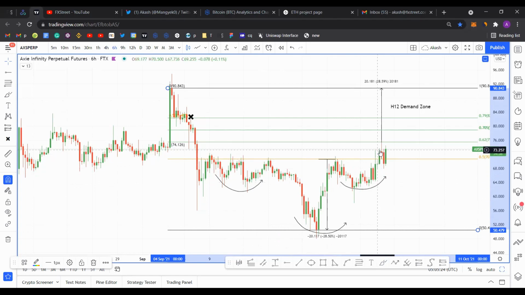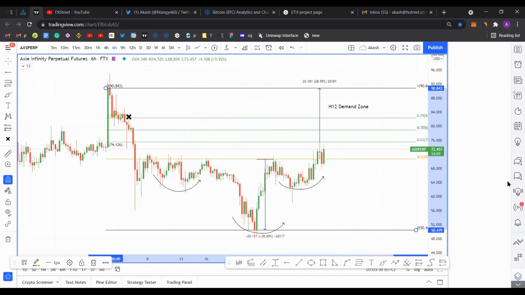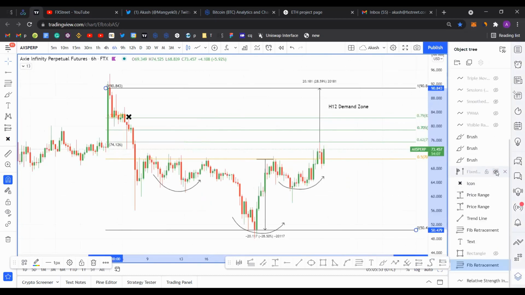Yesterday it kind of broke above it, went higher, retested the 62 fib, but then came back down again below the 50 fib. And now it's completely undone the losses it suffered yesterday. And we're seeing a bullish engulfing candle on a 6-hour time frame, right? So I want to talk about this particular downswing of the down candle that we saw here, and I want to address that. So let me just pull up the volume profile.